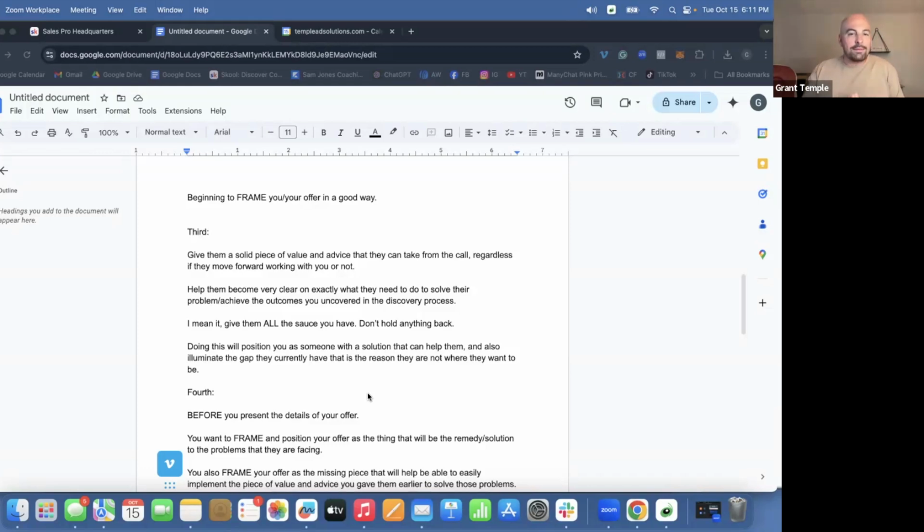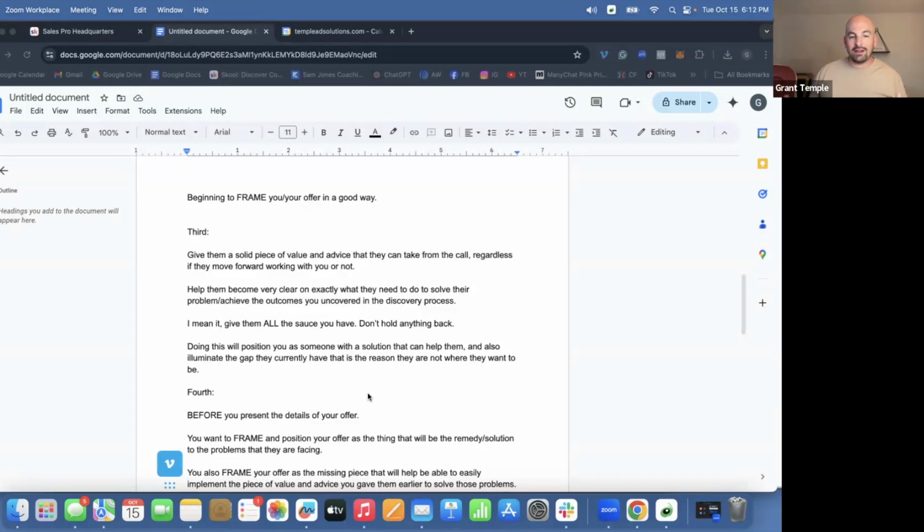So while it may seem obvious, they're already not doing it, right? You're really giving them the information that they need. That's true. They do need to exercise more. They do need a dialed in diet and they need accountability and someone to hold them accountable to doing it, because they'd be doing it already if they didn't need that, right? So you're really giving them the solution to what they're looking for. You don't have to hold anything back here. And you obviously make this relevant to your individual offer.